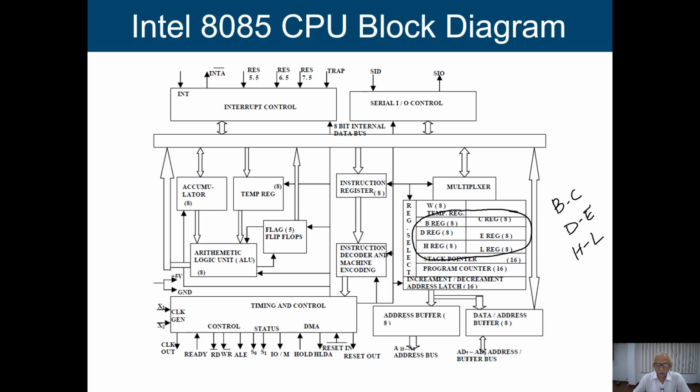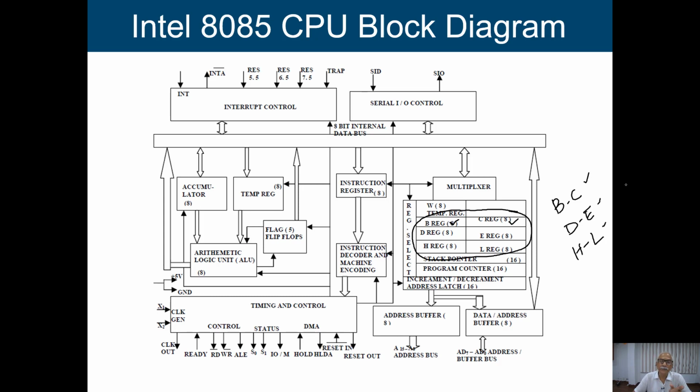So a total of 6 general purpose registers, and the size of each general purpose register is 8-bit, but we have a provision to combine two registers, like B and C, D and E, and H and L, and work with 16-bit information. B is 8-bit, C is 8-bit, so we can combine them together to have 16-bit. We use two registers together and call it a register pair, and these are the three register pairs that we have. So basically it is an 8-bit processor where we can work with 8-bit information in one go.